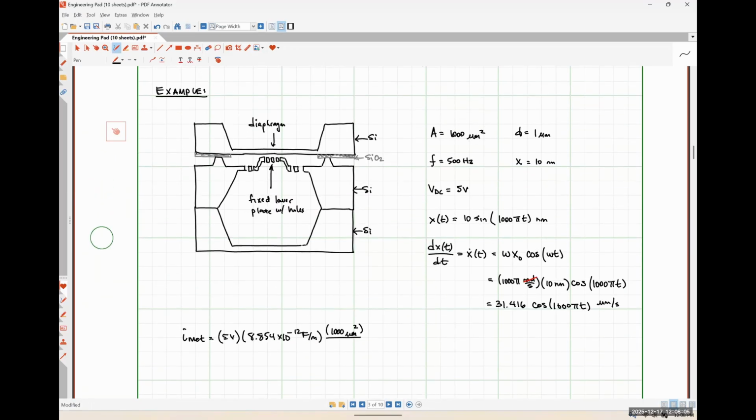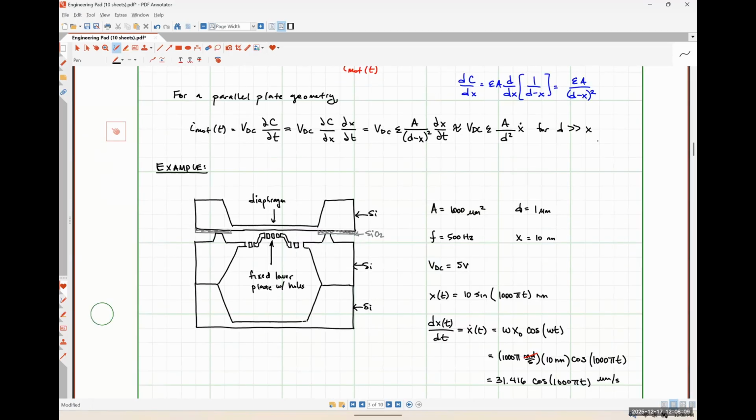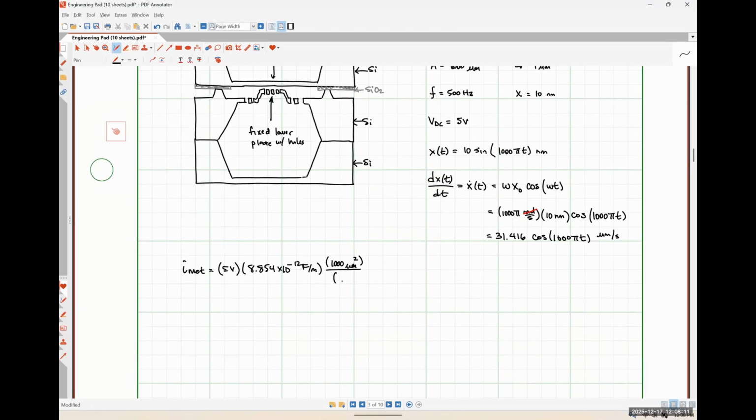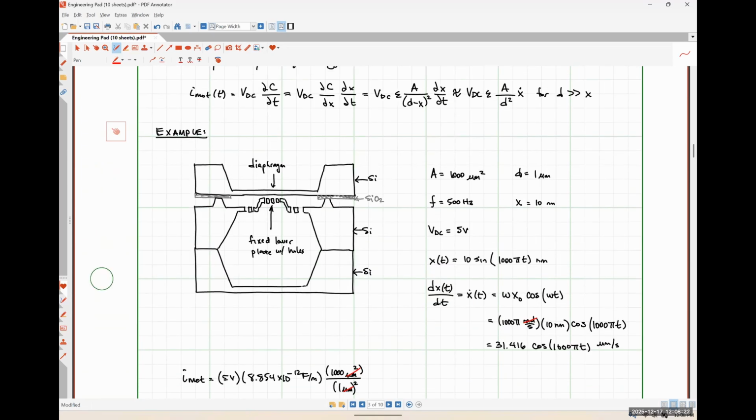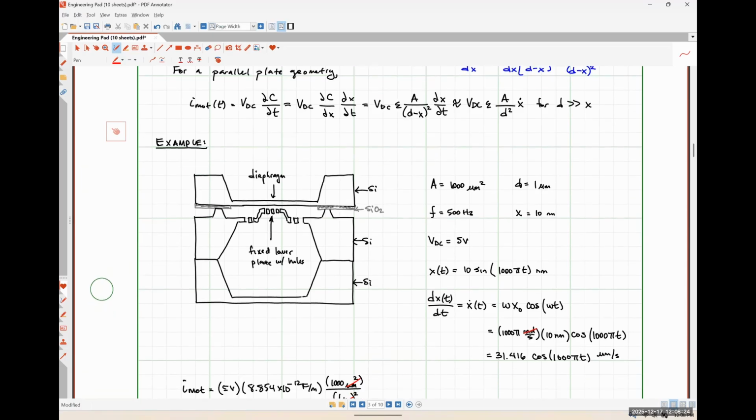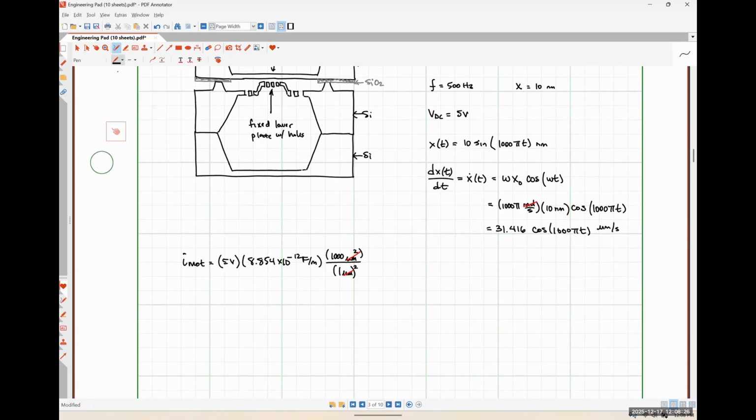The distance between our plates is 1 micron. So if we go up here, this is d squared. So we're going to have 1 micron squared. So luckily for us, this micron squared cancels that micron squared. And then lastly, we have our velocity, which we got to be